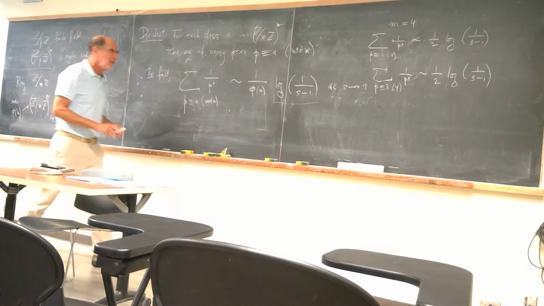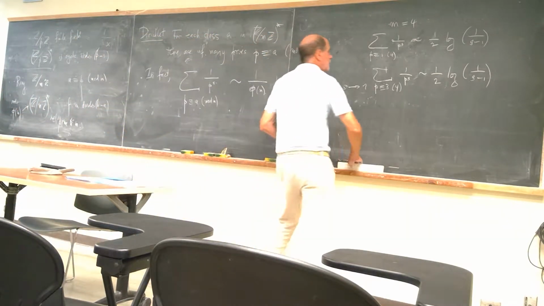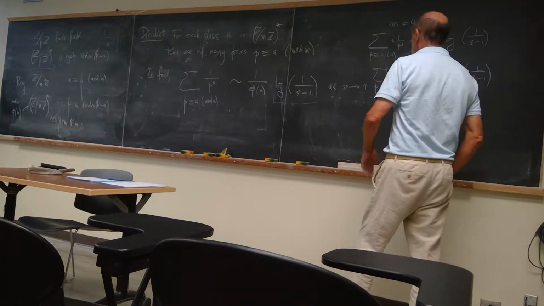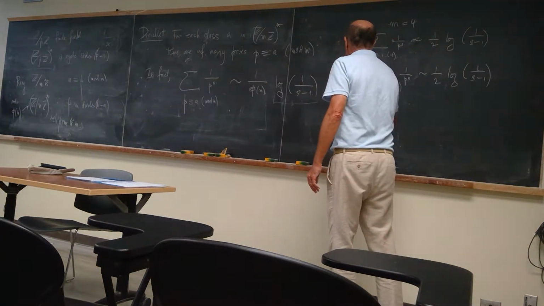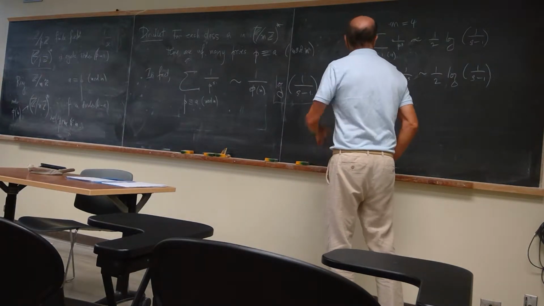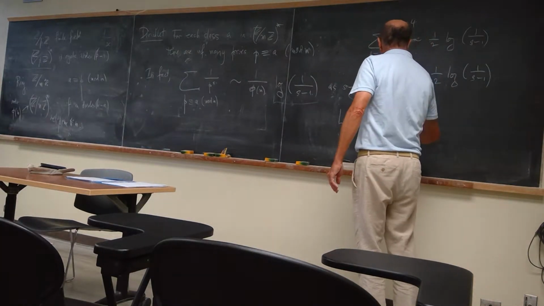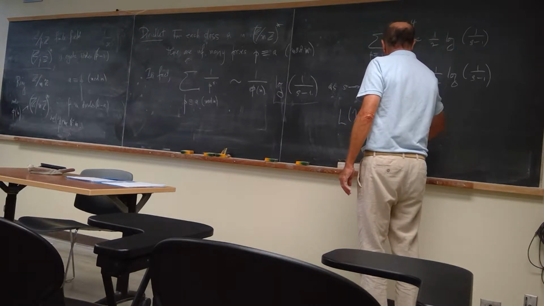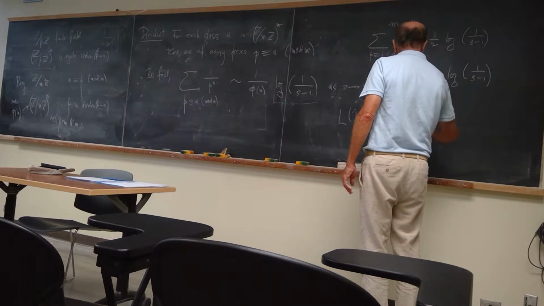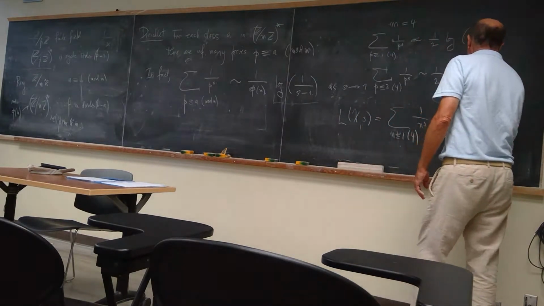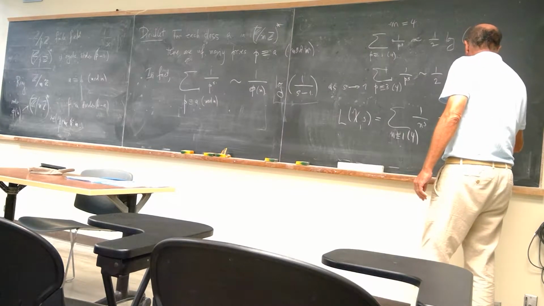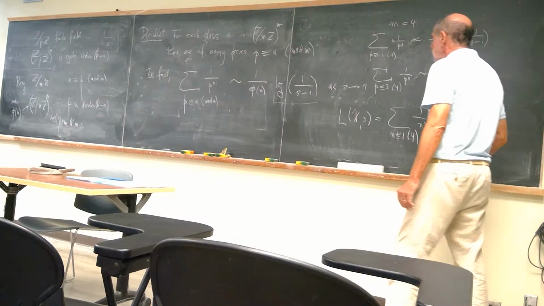So for example, the way he proved this theorem was he really studied the function that he called L chi S, which in this case was the sum of n congruent to 1 mod 4 of 1 over n to the s, minus the sum of 1 over n to the s for n congruent to 3 mod 4. And in general,